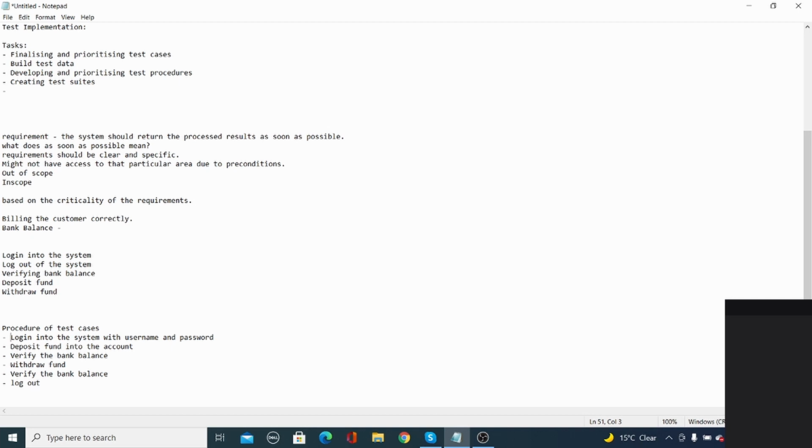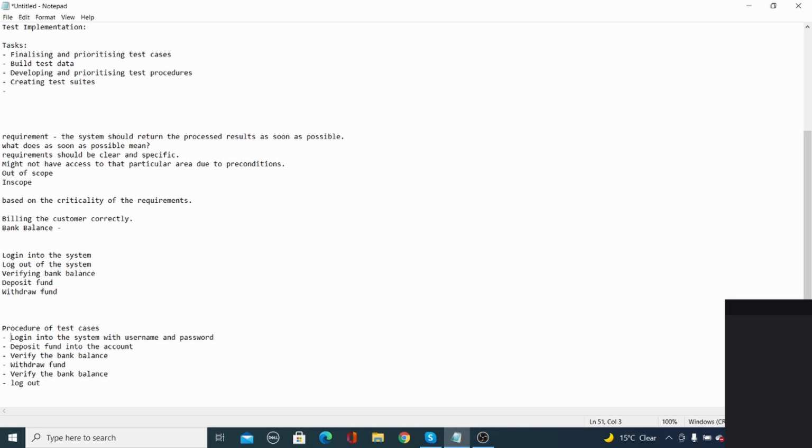Then you verify it. You have withdrawn the £500, so the bank balance should be £700. So you verified it and then you log out. So these test cases you can bunch together. You don't need to execute them one by one. It saves time.